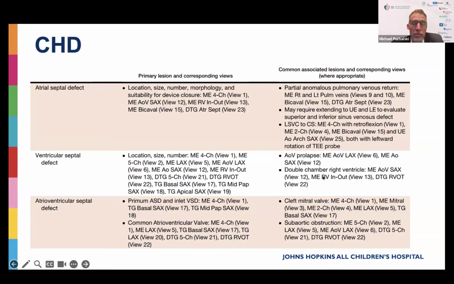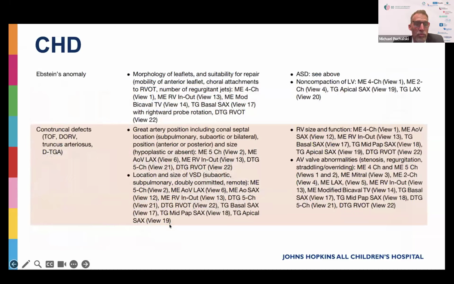And then over here, paying attention to double chamber right ventricle, as well as aortic valve prolapse, because sometimes you can get some aortic insufficiency. And then for atrial septal defects, paying attention to subaortic obstruction, as well as just the valve itself. And so moving on, we talked about Ebstein's anomaly and assessing for non-compaction of the left ventricle, which can be